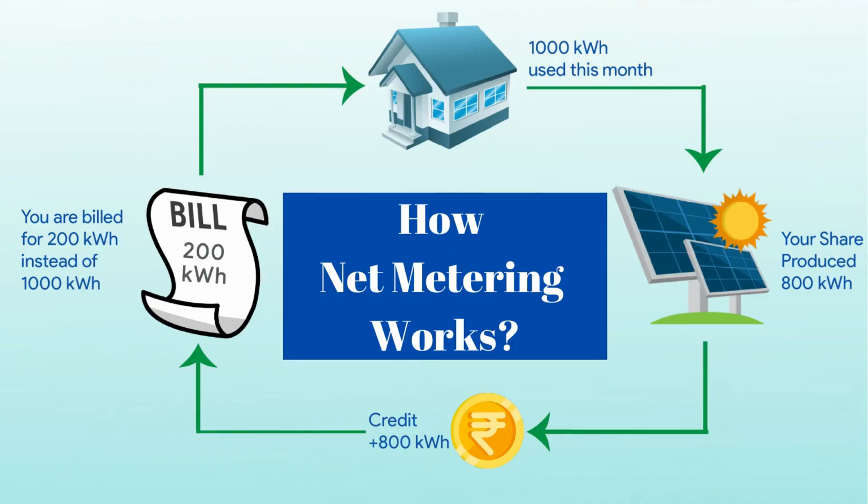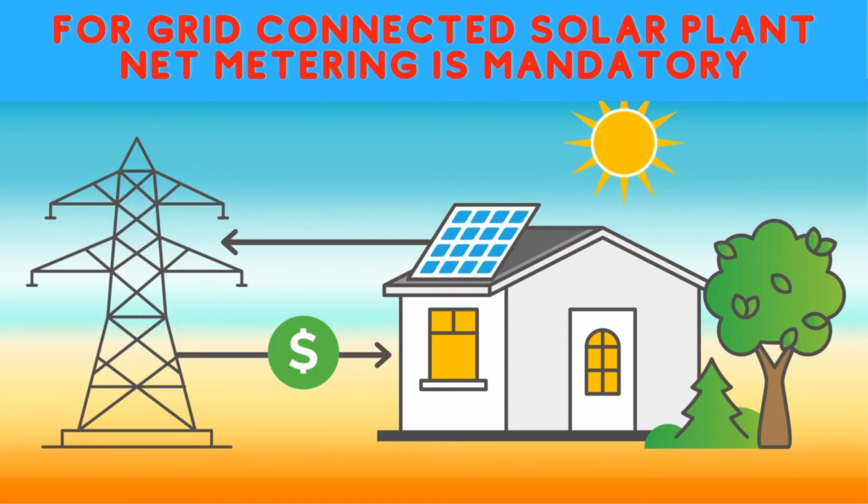Now the second point of comparison revolves around net metering. For the success of the on-grid system, it is very important that net metering should be available. If net metering is not available, in that particular case, the excess energy cannot be exported. In that case, a grid-connected system doesn't make sense, and it is advisable to go with the off-grid system to store the excess energy.